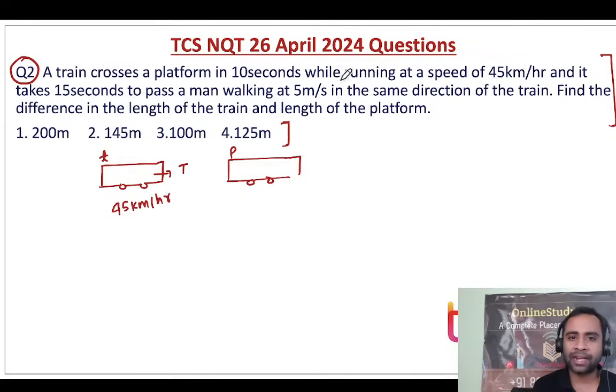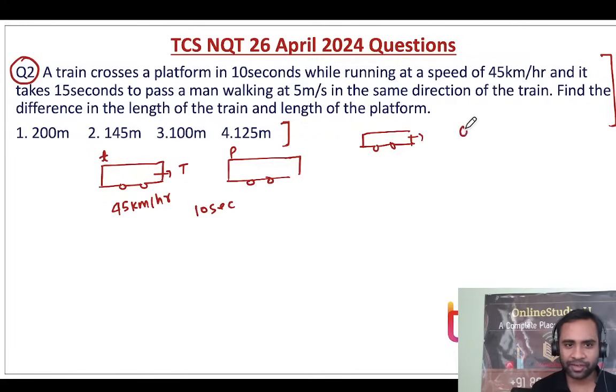And the same train takes 15 seconds to pass a man who is walking at 5 meter per second in the same direction as the train, 45 kilometer per hour.